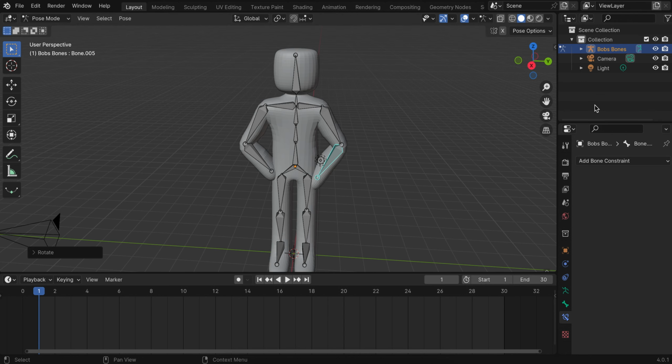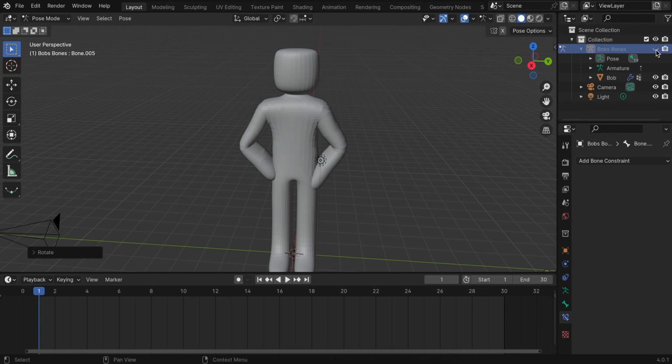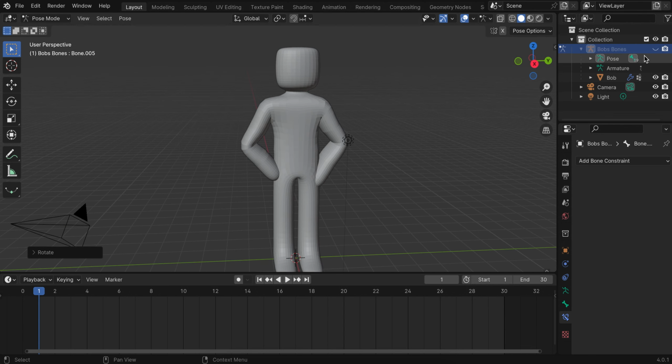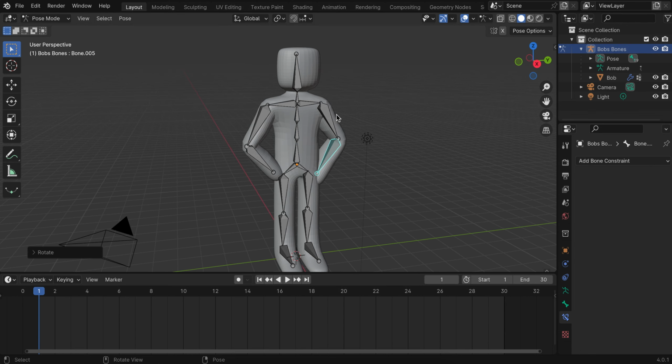Okay. If we turn off the visibility of the armature, so we can open this up and then we make sure that Bob is still visible, but we turn off the armature, we can see that Bob looks like this. I'm going to turn the armature back on. And if I'm happy with this position,